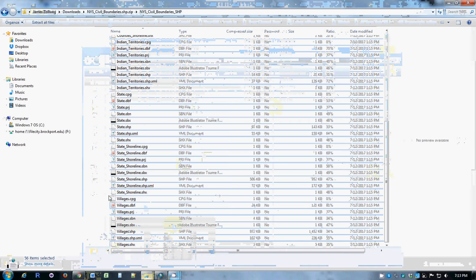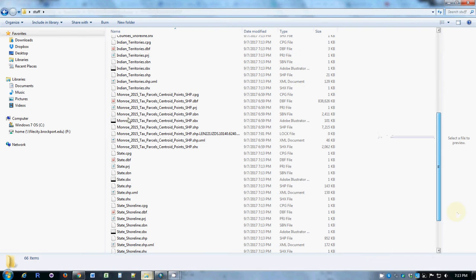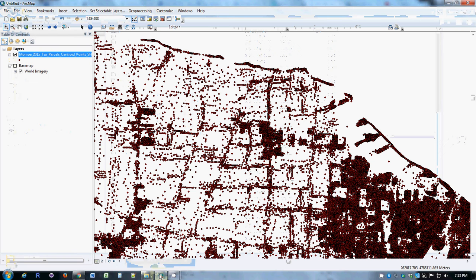I didn't copy, so before I can paste, I need to copy. So now there's a whole bunch more files available, and what I'd like to do now is show you a